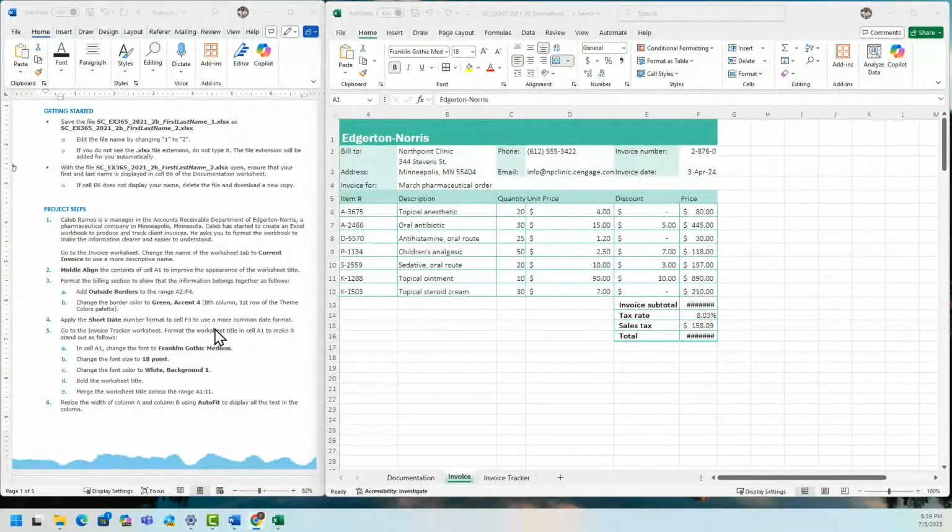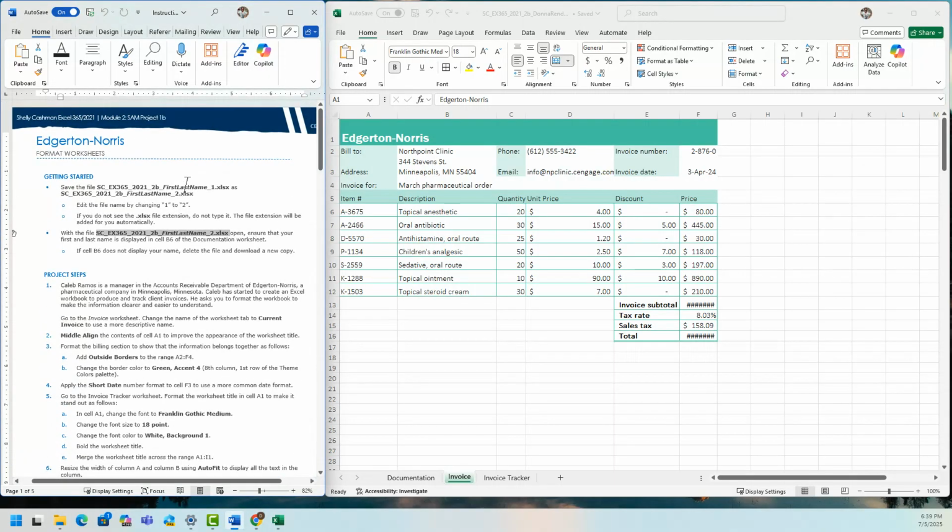Hello, we're going to start working on this project in Excel, Module 2, Project 1B, the Edgerton Norris. We're going to format the worksheets.